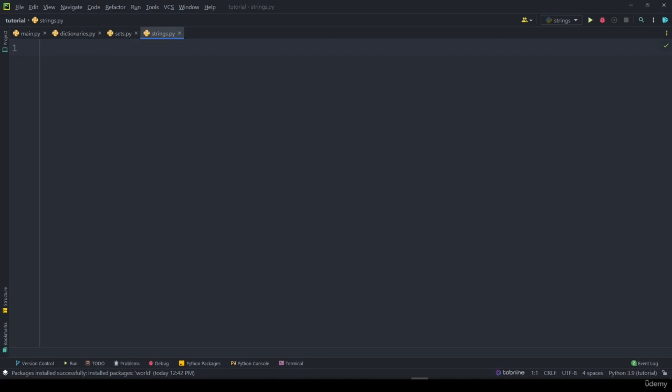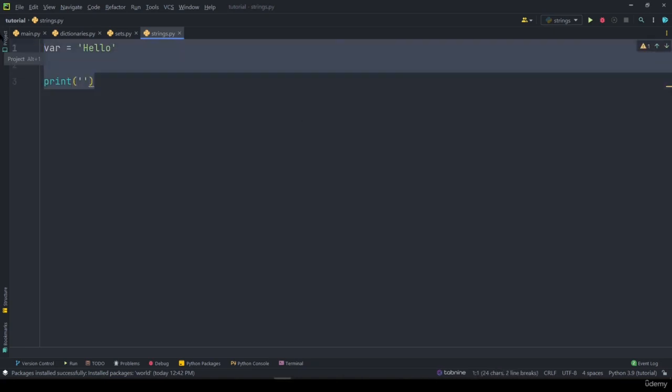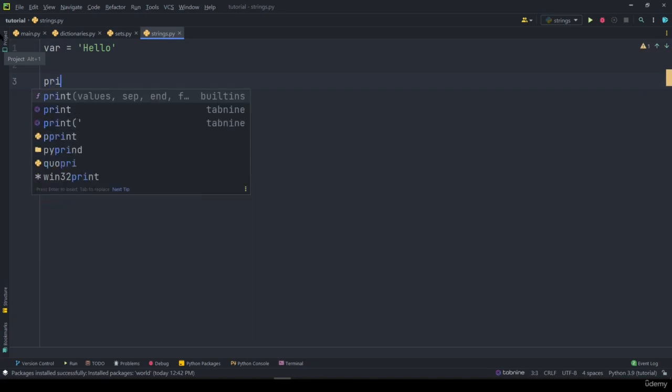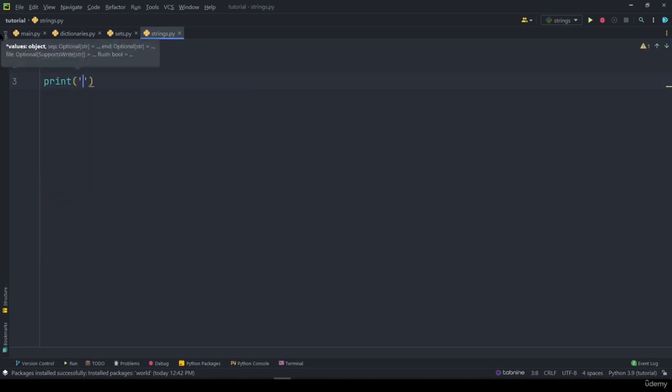So let's get started. Let's declare a variable here called whatever you want. I can say this is hello. Now I say print, and inside a quote I say the variable is, and then I can say